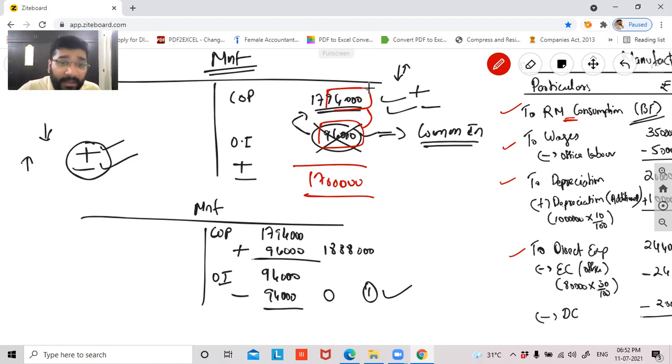Guys, in the other income, the cost of production is the opposite symbol. On the credit side, if you add, then with COP it will become minus. And on the credit side, if you subtract something, on COP it will become plus. With regard to debit, if you minus anything in the expenses, your COP also has to minus. If you add anything in the expenses, you have to add in COP. So on the debit side the symbol will be the same; on the credit side it will be opposite. Am I clear with what I'm saying?